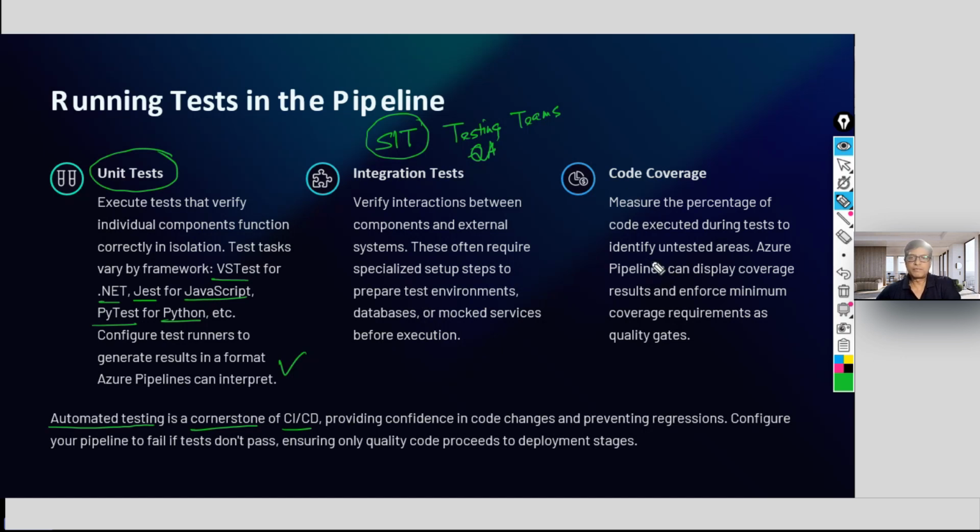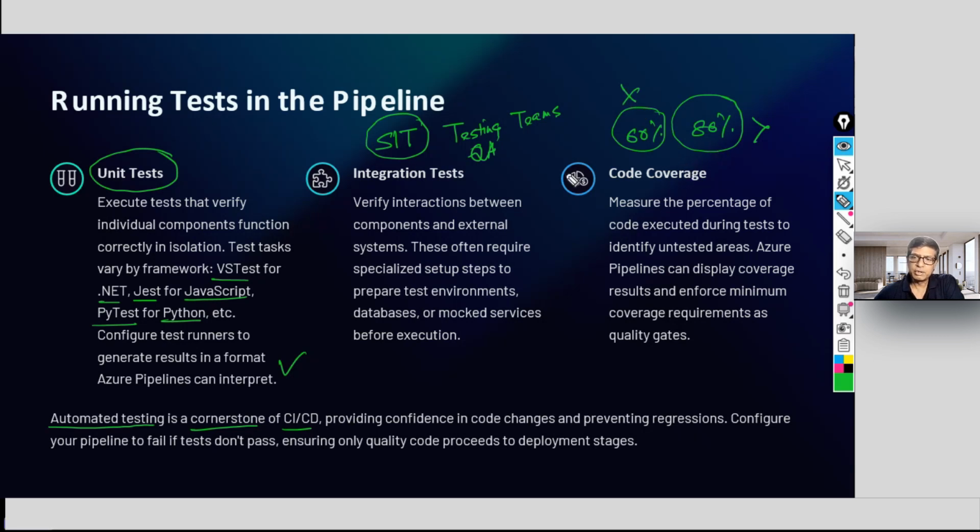Now, most of the time, it will measure how much of the code you have covered within the test purview, the test domain. So whether you are covering 60% of the code, or 80%, or more than 80%. Generally, there is a threshold defined by each company. If your test cases do not cover at least 80% of the code, then it will not pass. If you are only covering 60%, no, it will not pass the code coverage.